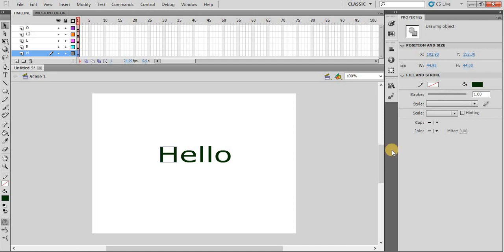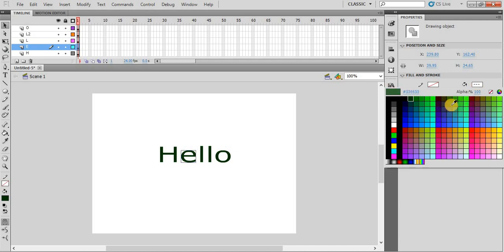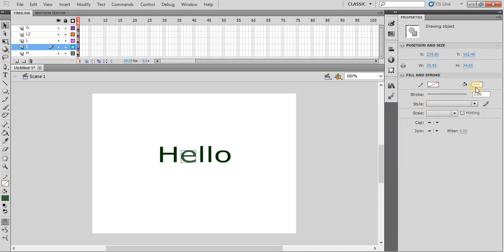Now we will change the colors of the letters so that it will have a good impact later on.